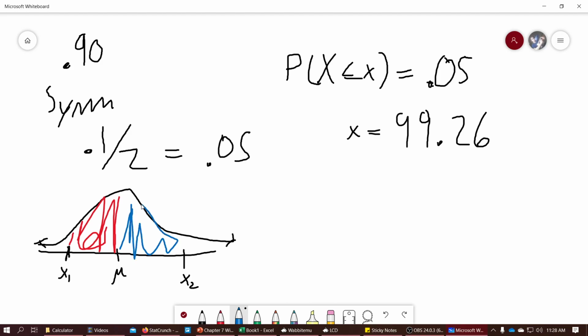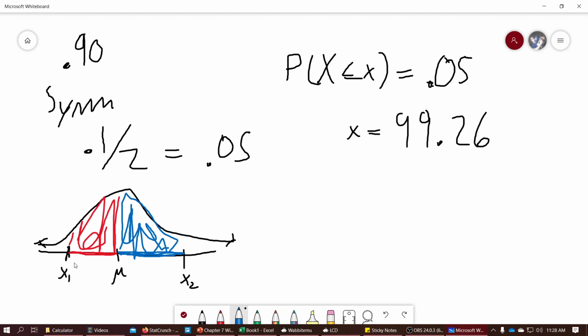We also know, because the normal distribution is symmetric, that the distance on the x-axis between these two values is exactly the same as the distance between these two. So rather than even using another inverse normal, and I'm sorry the distance doesn't look equal, what we can do instead is